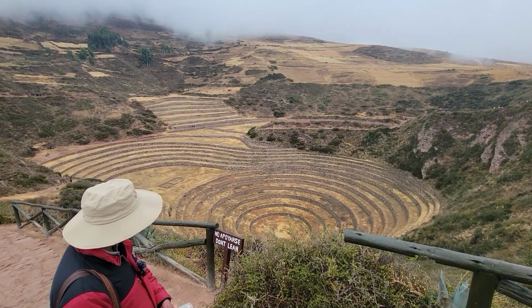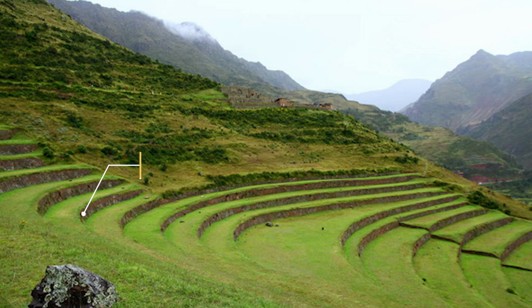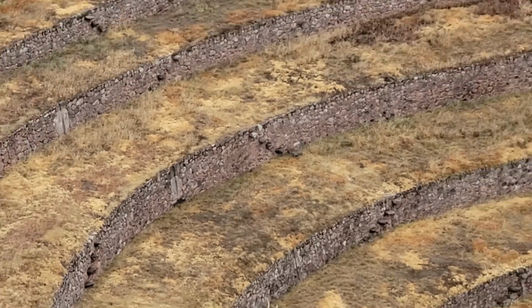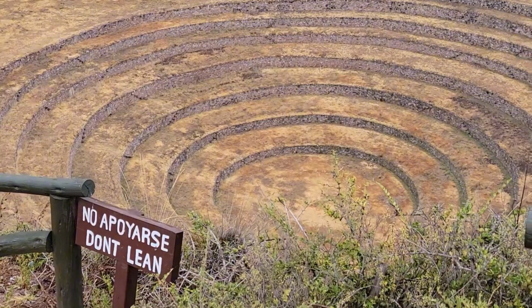Depends on the time. Exactly. So from here we can see the platforms look really small, but actually they are higher than 5.8 feet. That's why there are some stairs in the middle that you can use to climb to the other platforms. The last time that the public university from Cusco studied here was in 2007, when they discovered